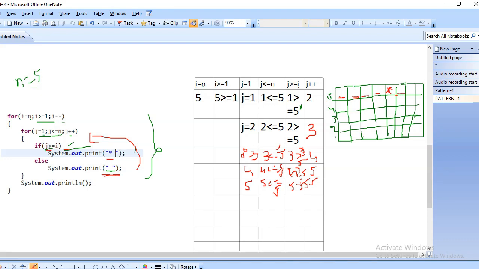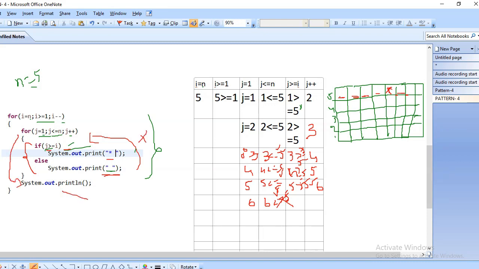Okay, now j value incremented by 6, the cursor is in this position, now j value equal to 6. So after that, the j value is 6, 6 less than or equal to 5, condition false. If condition is false, it will not go to the body part, it will come out of this for loop.